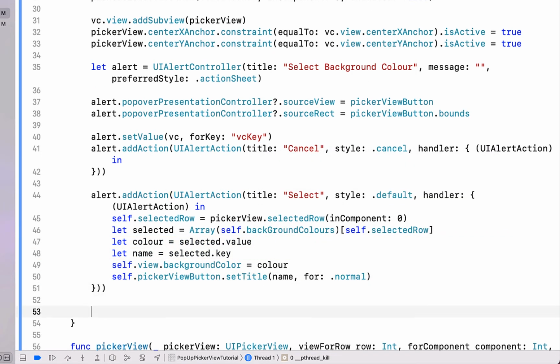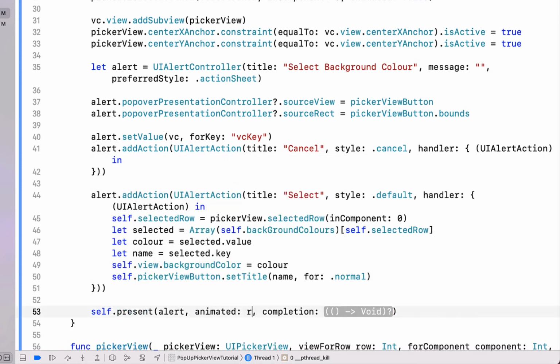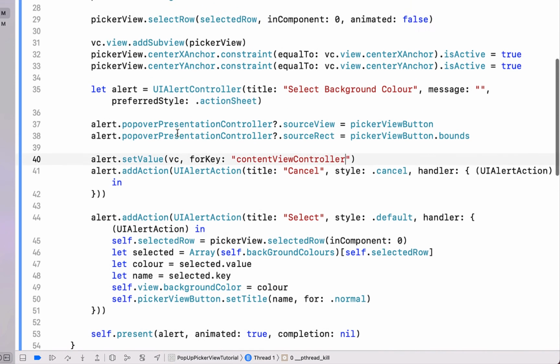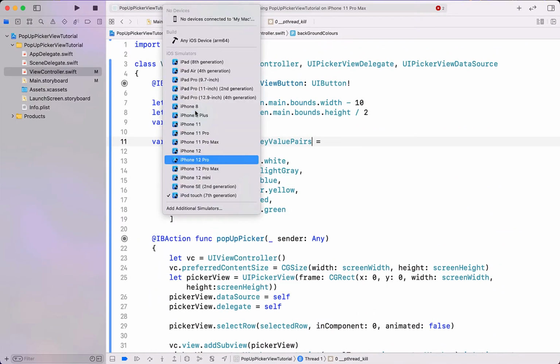Cool. And now we just need to show our alert dialog PickerView. And to do this, we just say self.present(alert, animated: true, completion: nil). Now I'm just going to change that alert value to contentViewController, which I should have done earlier. As well, our dictionary, I'm going to make them of type key-value pairs, and that's just going to help keep the order. And now if we build and run this, we should have a very simple pop-up PickerView built